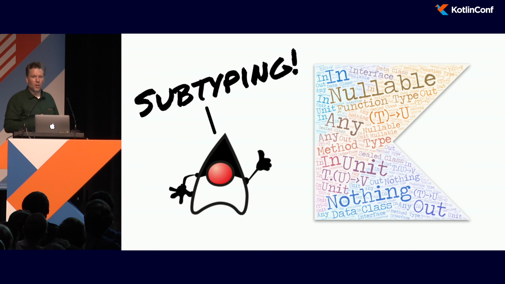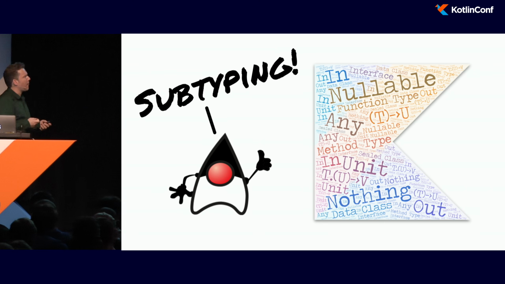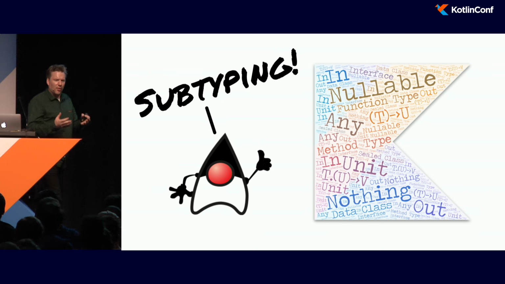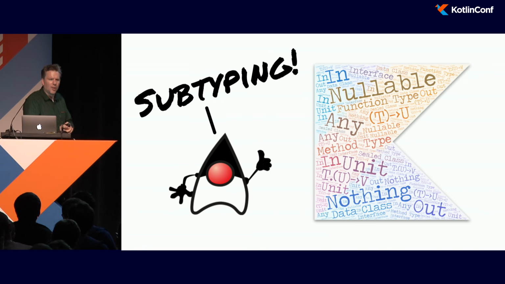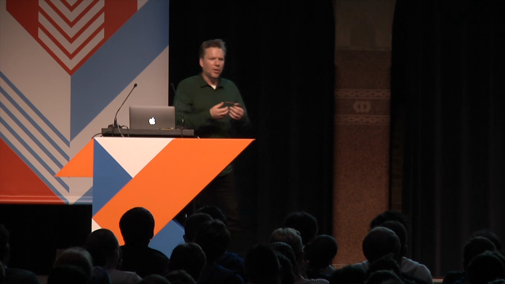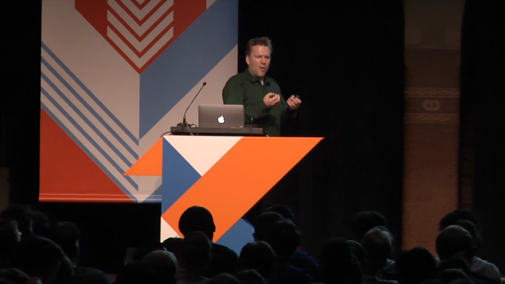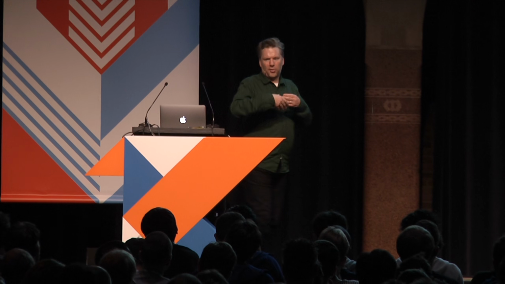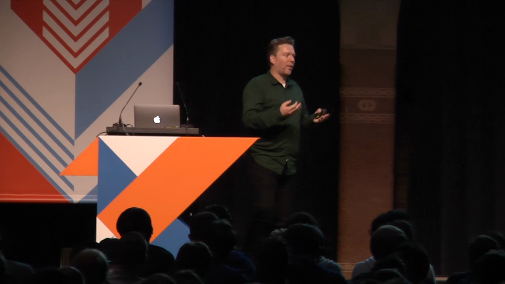So that was a whirlwind tour of quite a complicated subject, and hopefully that's given you an understanding that Kotlin's type system, although it has a lot of really useful features that we can lean on to model our domain effectively, check our code effectively, and work well with the IDE's support for refactoring and auto-suggestion, is actually based on very few fundamental ideas. It's based on subtyping. It's based on the fact that nullability is a kind of subtyping. And it's based on the fact that input and output variance of generics is also a kind of subtyping. And that's it. Any at the top, nothing at the bottom.